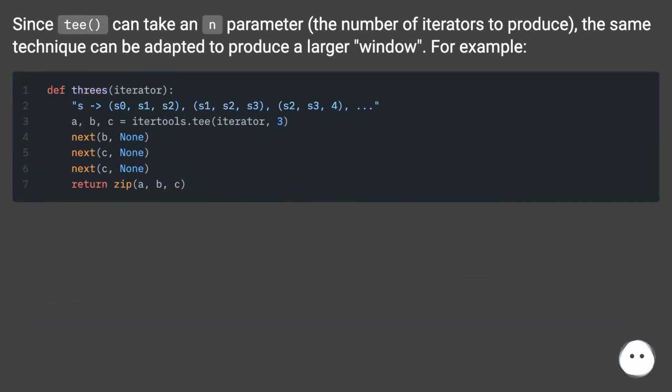Since tee can take an n parameter, the number of iterators to produce, the same technique can be adapted to produce a larger window. For example,